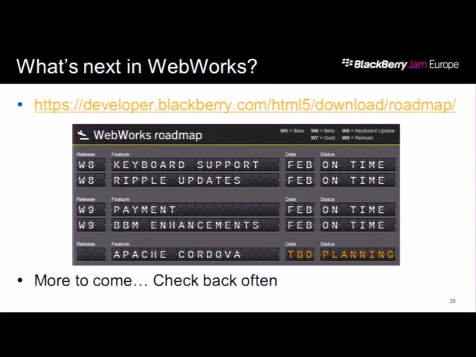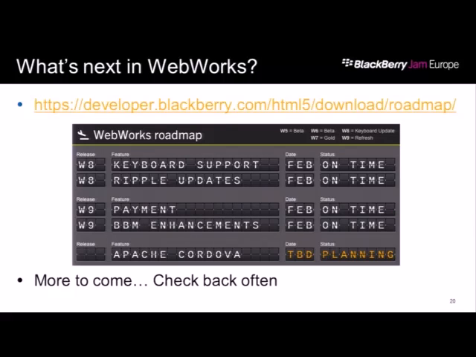I said that there's not an update for Q10, but we are updating it to offer a couple of new APIs to you. One of the most significant ones is payment, so that you can integrate with our payment framework from WebWorks, so you can do in-app purchases, things like that. And we're also putting in a few small little missing bits from our BBM implementation as well. So that'll be available next week. But this third one is something that we'll talk a little bit more about in some of the other sessions,